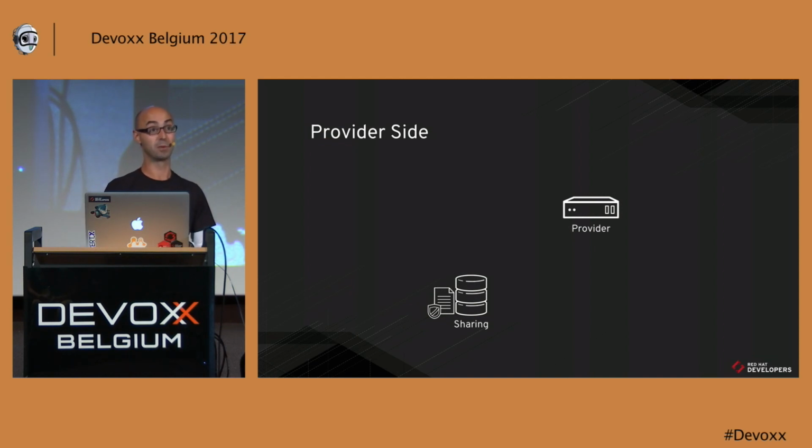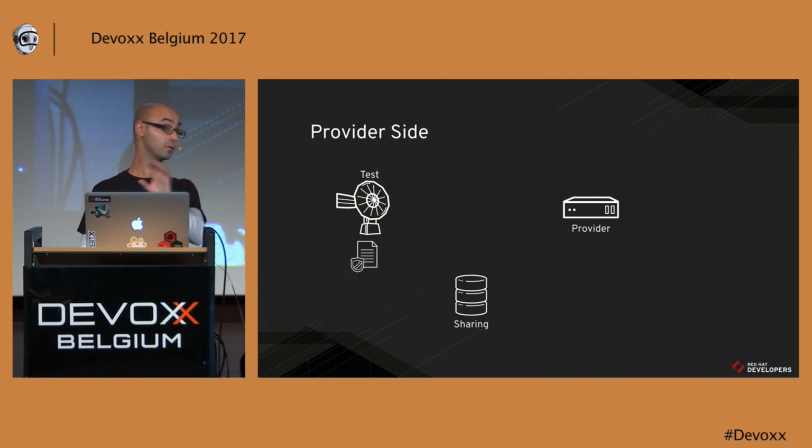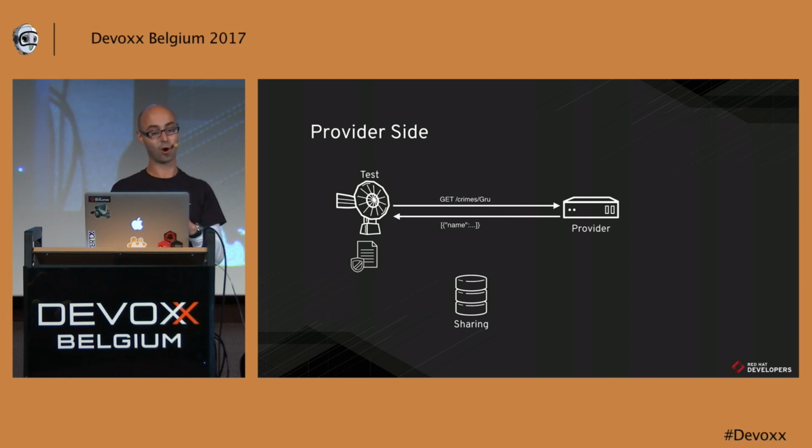The provider needs to validate that it's able to produce these requests and responses. So you need to validate that the provider agrees with the contract and meets all the contract expectations. So you have the real provider and some kind of automatic test. It's a generic test, which basically takes the contract from the shared folder, Git repository, or your repo, and starts replaying automatically all the requests